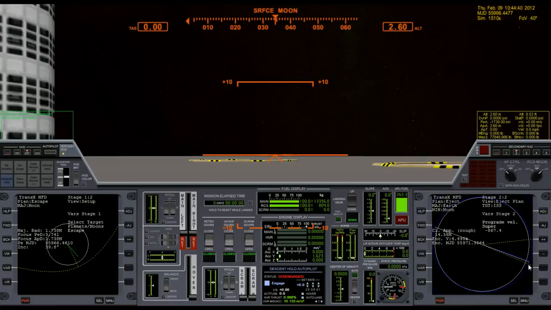Okay, so the next adjustment that I need to make is going to be to the plane change. So I'm going to click var until I get to plane change. And there are one of two directions I can go with the plane change. I can add plus or minus. So let's add some plus and just see what happens. As I'm adding the plus, I can see I'm getting a lot of velocity here, and my eventual